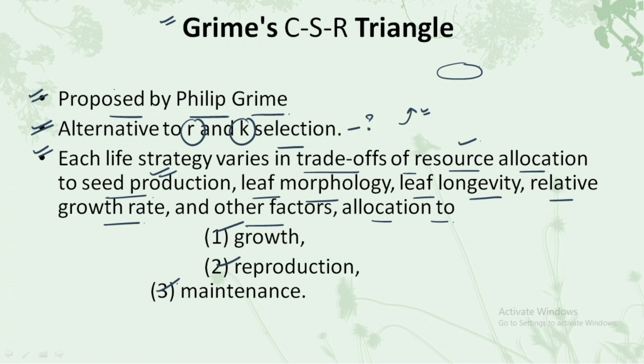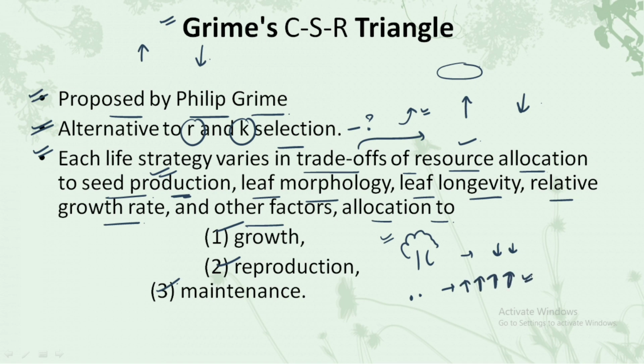Now what is trade-off? Trade-off means that if one thing increases, the other would decrease, or vice versa. For example, if we have a tree and it produces a very small number of seeds, that tree must have a very long life. It must be living for a longer period of time. And alternatively, if we have a very small plant, it must be producing a very large number of seeds so that its next generations could survive, and hence the life of these small plants producing very large numbers of seeds would be very short. So this is what trade-off is all about.